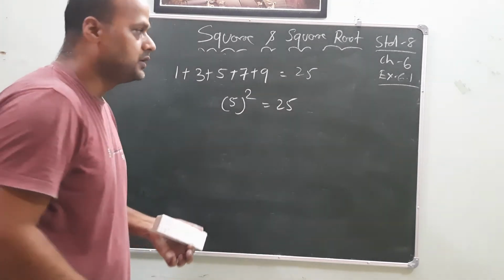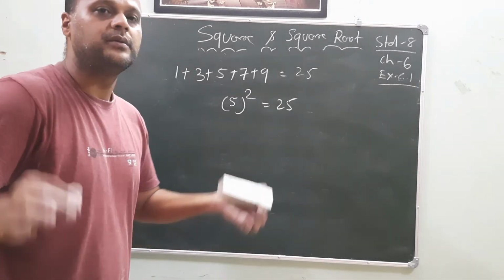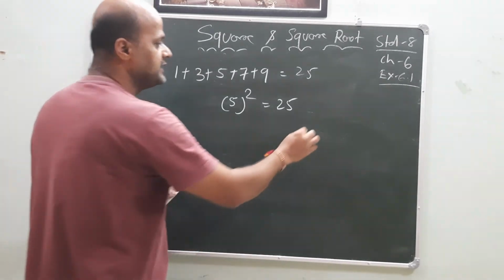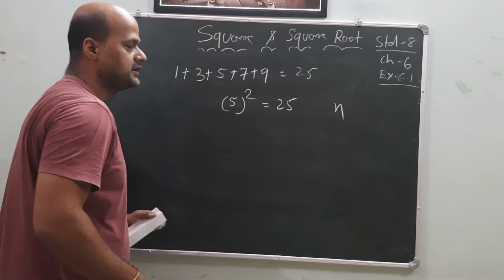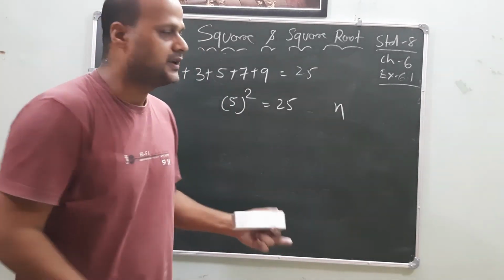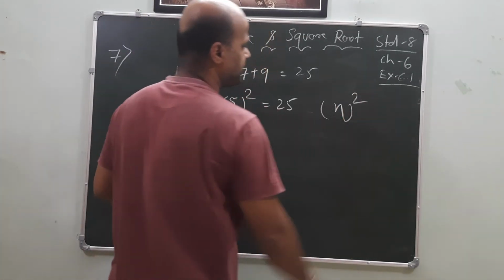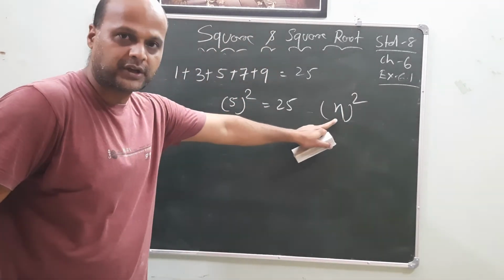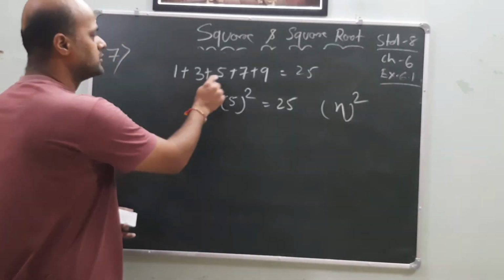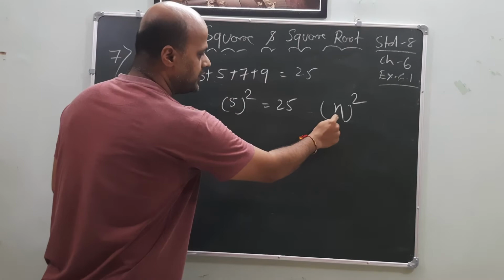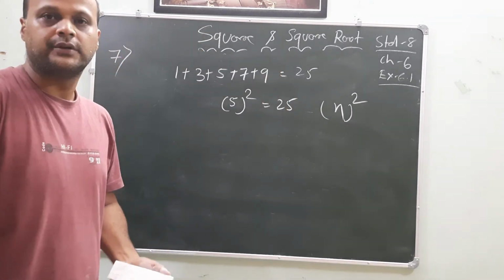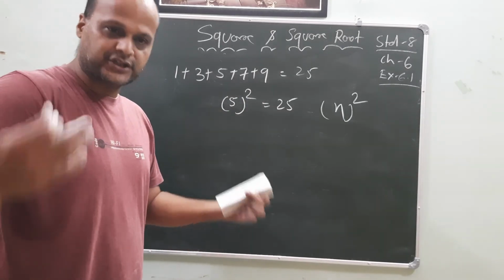The meaning is what? Without adding any odd numbers, if n is the number of them, how will you find the sum of those numbers? It is n square. Means the total count of numbers and the square of that number. Means 1, 2, 3, 4, 5. 5 will be written here. 5 square is 25 is the answer. Okay, my dear friends. So let's go for the next one.